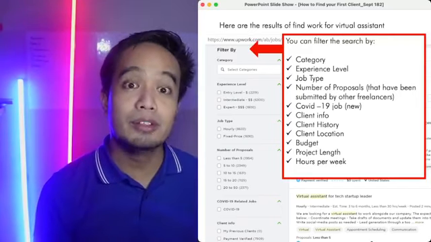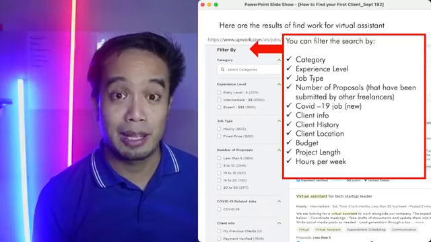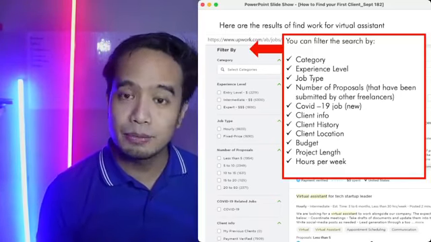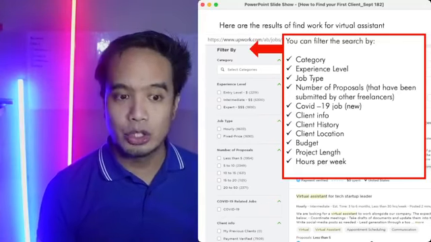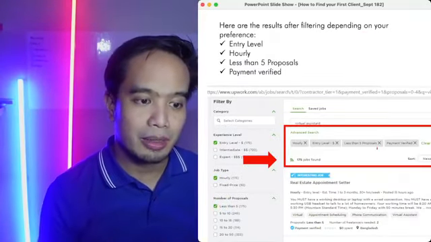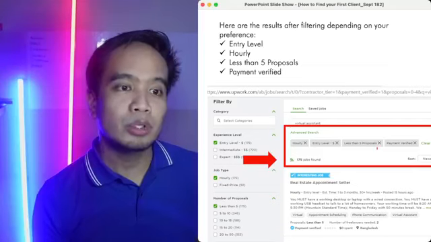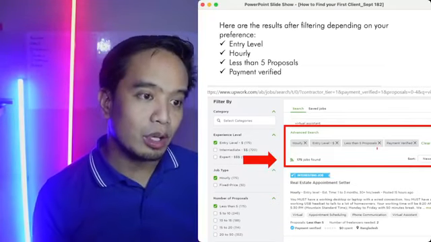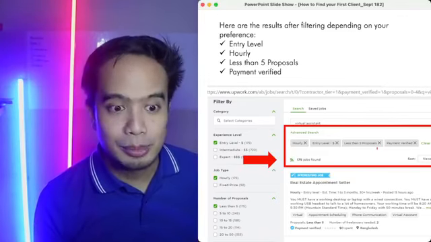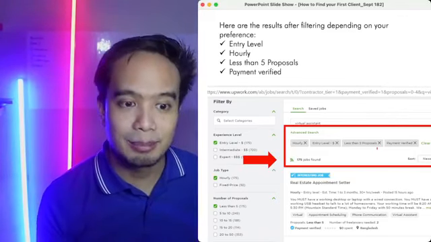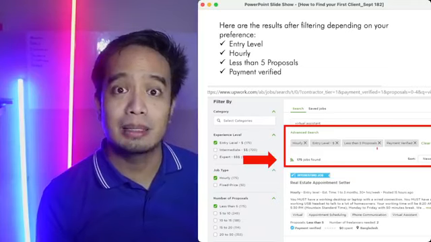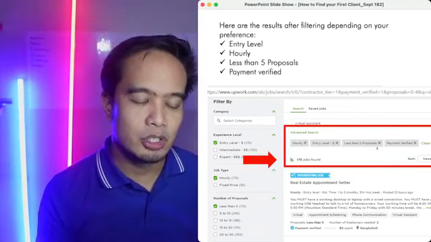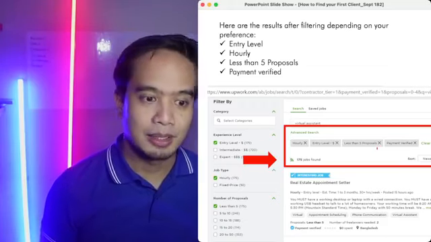Whether it's a COVID-related job, like healthcare and so on, whether it's based on client info, client history, location, budget, project length, hours per week, and so on. So when you do a filter, let's say you say, I only want entry-level jobs that are paid hourly, that have less than 5 proposals, and may verified payment method si client. So chances are hindi siya scam.